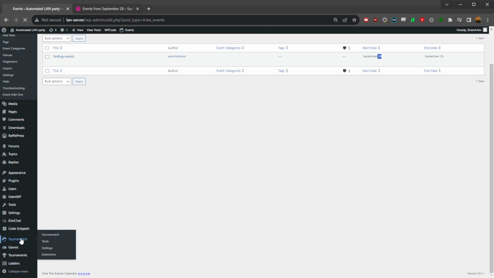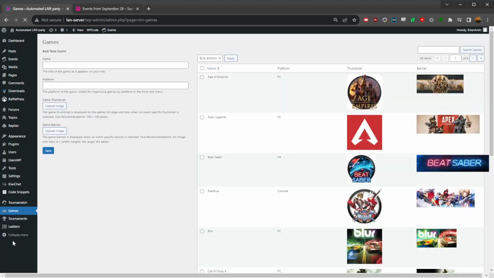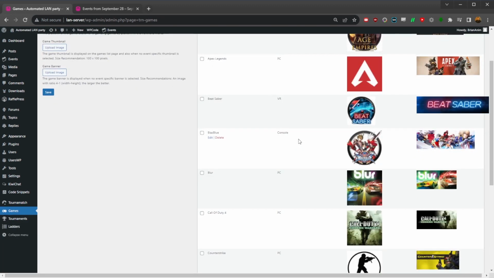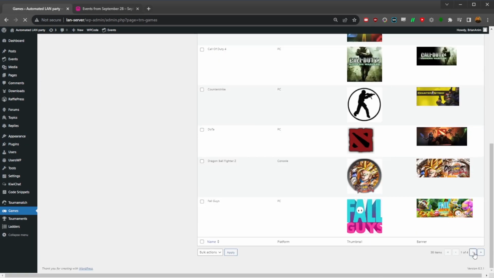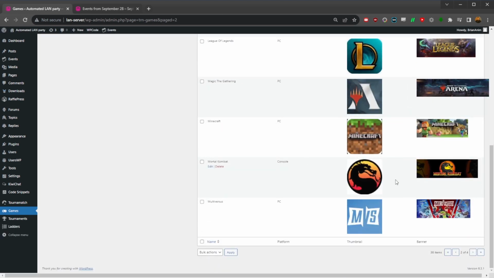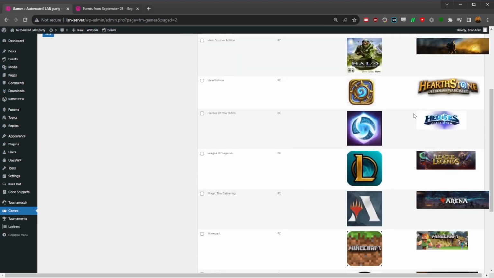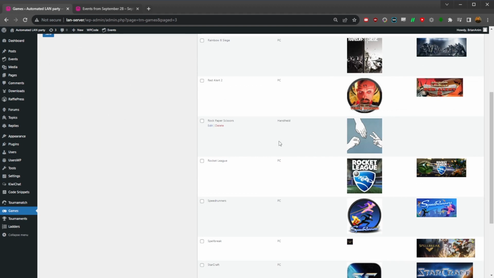And for Tournamatch, the way that it works is you create a game first down here at the bottom left. And I've already completed a bunch of these game creations for you in the built-in version of this ALP. So ALP is Automated LAN Party. So that sort of makes what you have to do a little easier. You can sort of follow along with what we've done here. And